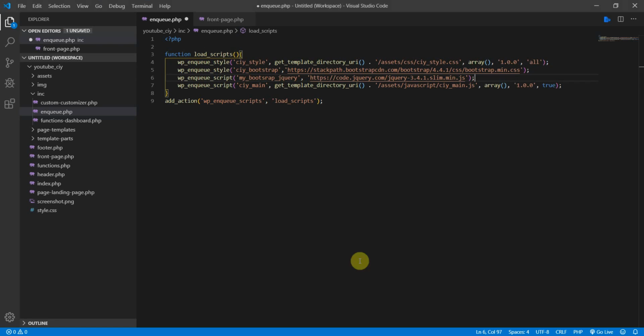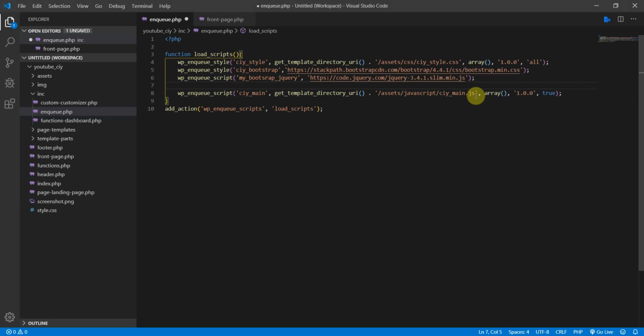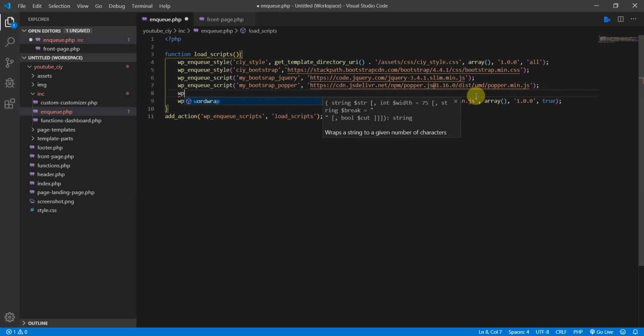First this one, and I'm gonna do the same enqueue script here: wp_enqueue_script, and then my Bootstrap popper, paste in the link, and close it off with a semicolon, and then again wp_enqueue_script,